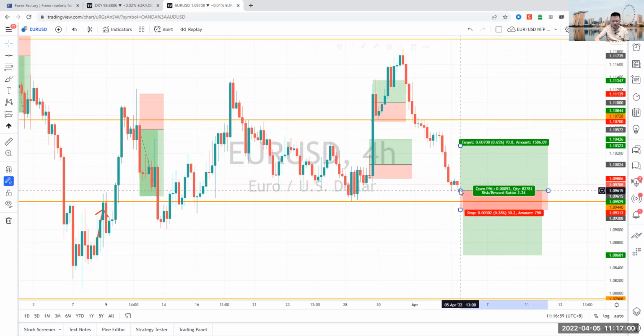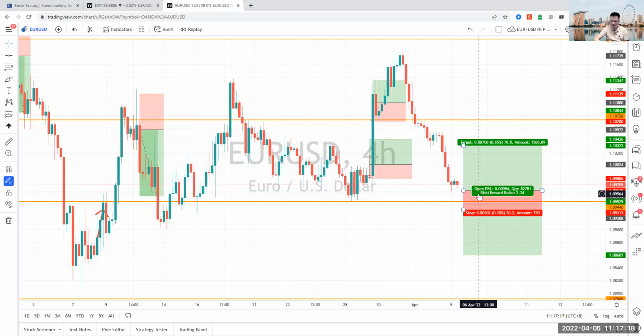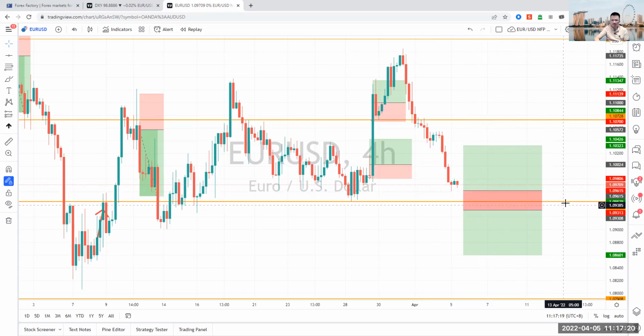So again, both the possible upside and downside potential on the euro dollar, given that it reacts to this support level of 1.0945. I think that over the next couple of hours, we're going to see it consolidate, slowly gravitate down towards the support before we have a decision to make. So be very patient on the euro dollar at this point. Nothing to rush into right now.